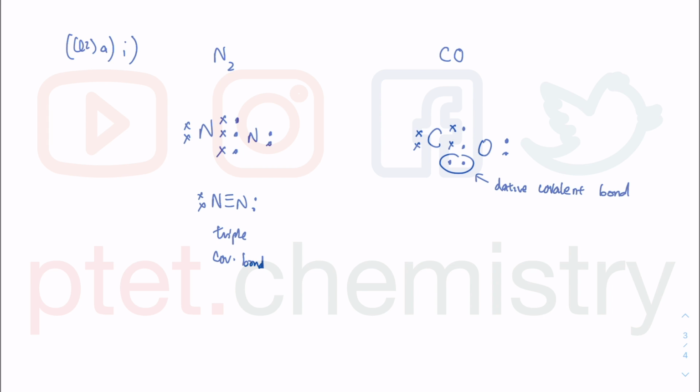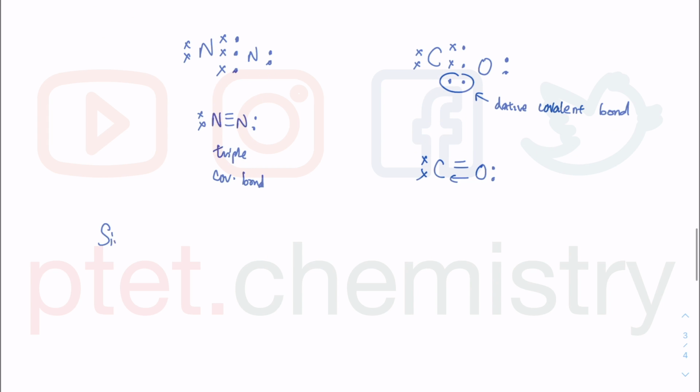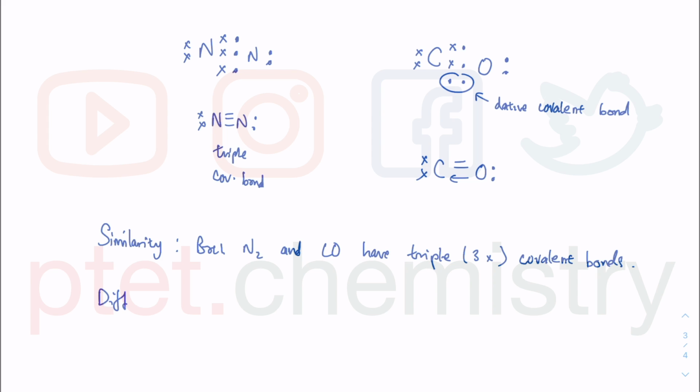So what is similar and what is different? You can hopefully see the similarity: both will have triple covalent bonds. Both N2 and CO have triple, meaning 3 times covalent bonds. Well, bonds, because it's plural. And in terms of the difference is that